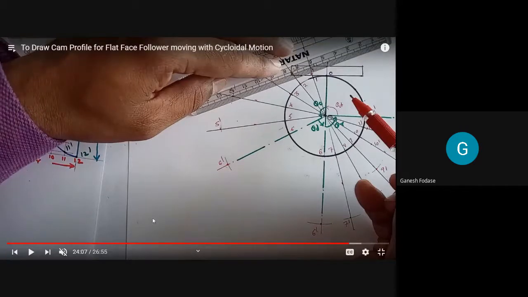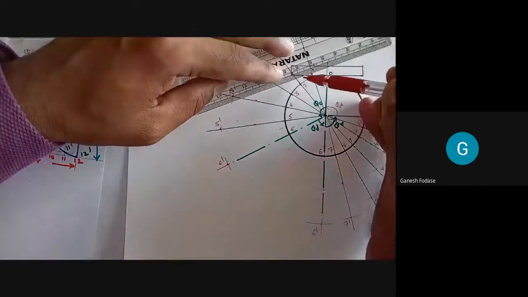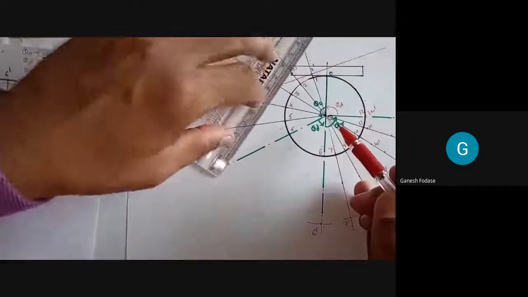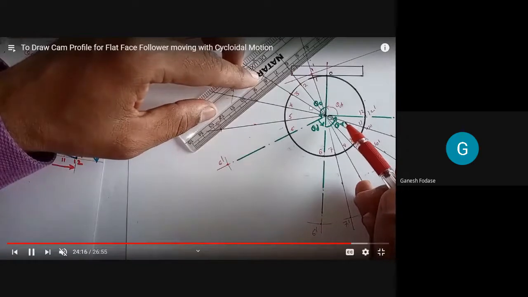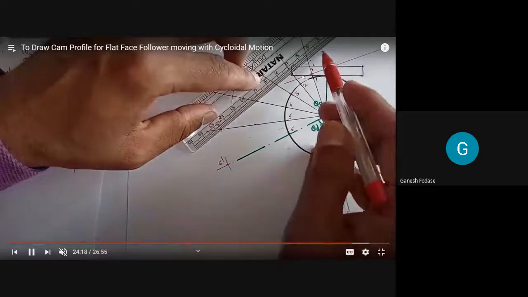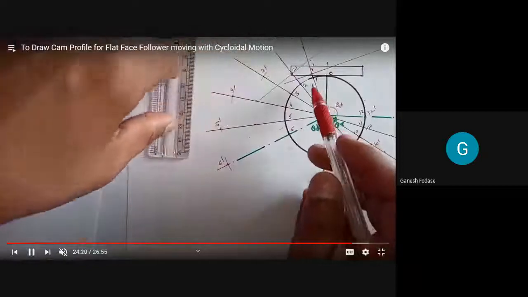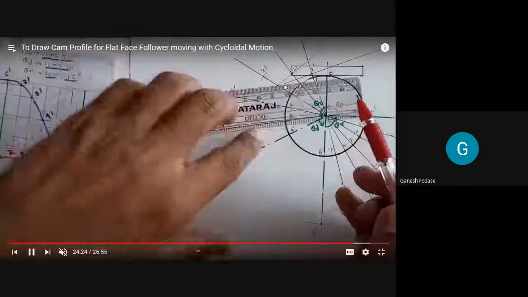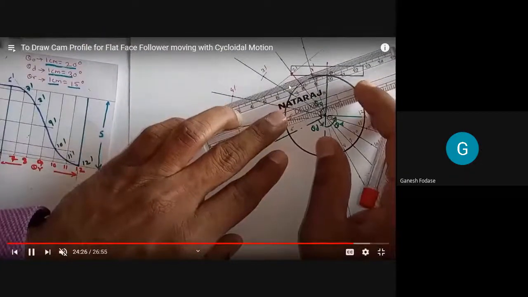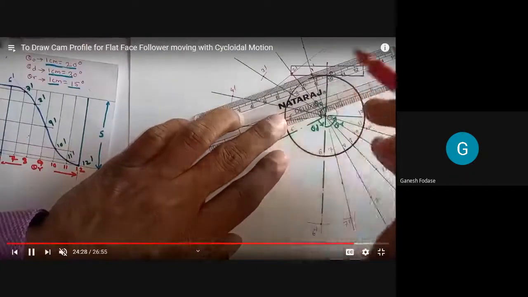The next step I'll show you. So we have to draw perpendiculars through 1 dash, 2 dash, 3 dash, 4 dash, 5 dash. We have to draw perpendiculars only for a flat face follower. Keep in mind, only when the follower is flat, and draw the length of the perpendicular longer. Why, we'll discuss. You can see now we can draw a perpendicular to 2 dash. So through 2 dash, draw a perpendicular to the follower axis. Now, yes, it should be longer than that. That's what we discussed here. So try to join them.